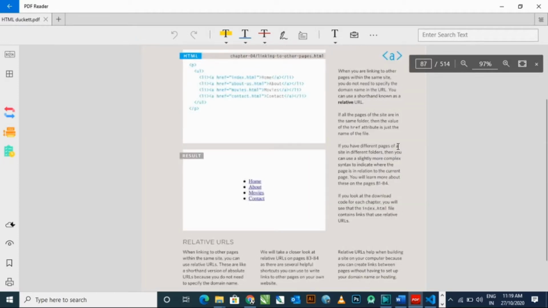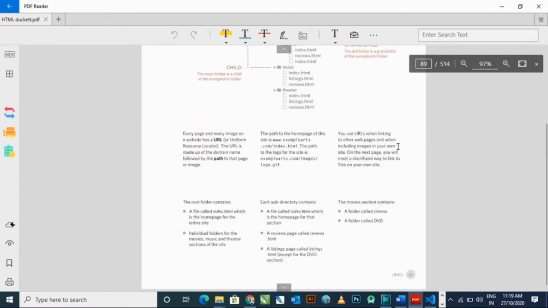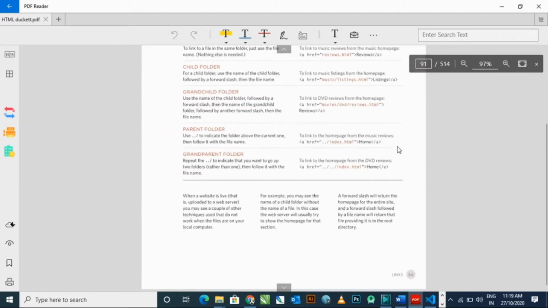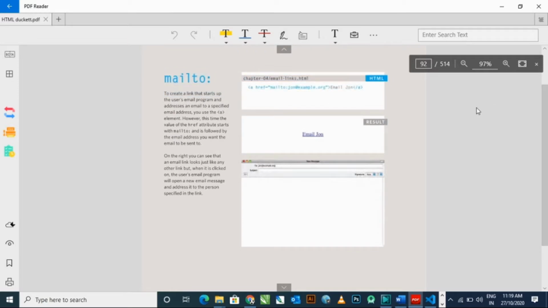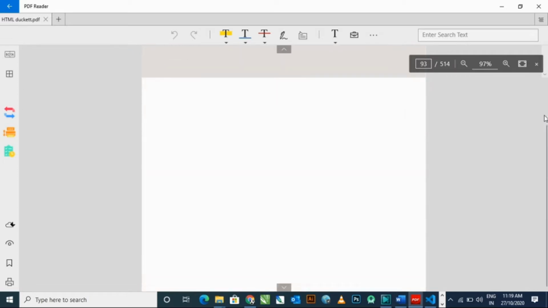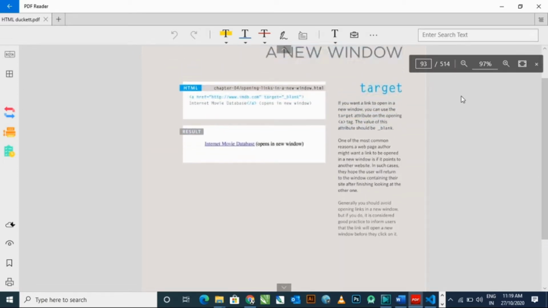Okay, on the lower side this is mentioned: target is equal to, then under quotation marks you have to type underscore blank, then you will be able to redirect someone into the new window. This is the email section which I explained in my previous video. Here is the target window page.